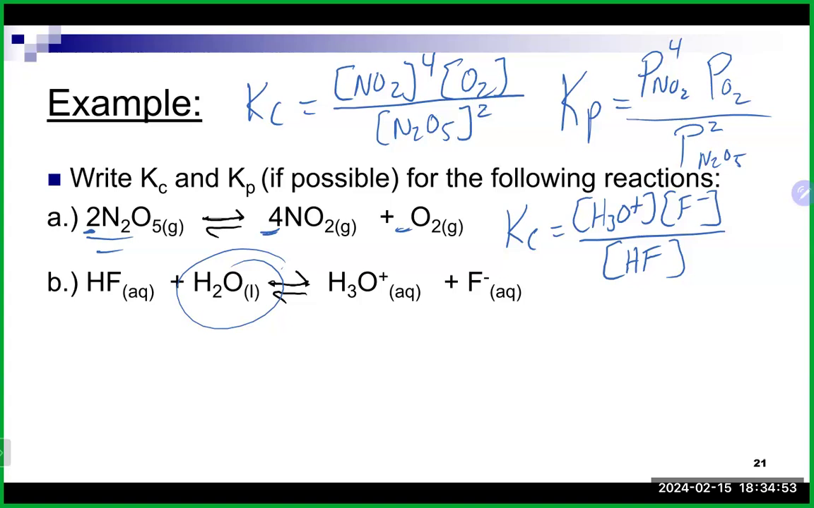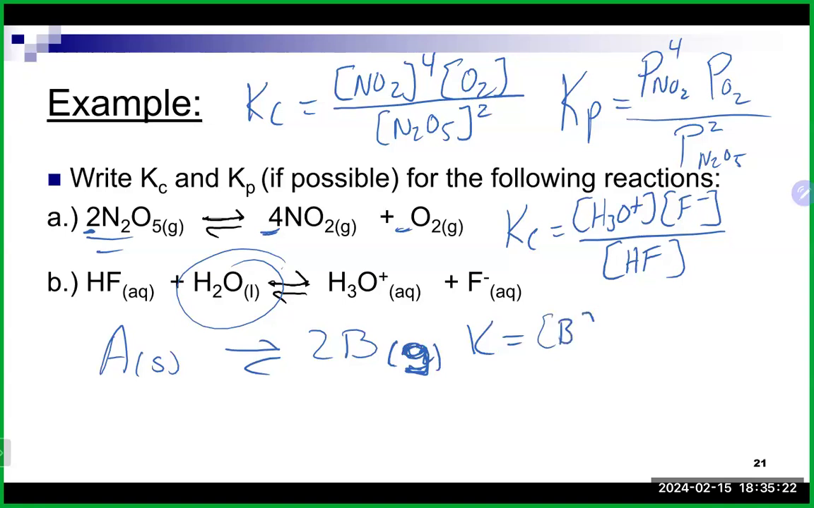What happens if I have something like this? We'll do this as a gas. That's a really bad G. Just imagine that's a G. What would be my equilibrium expression for this one? You actually could, because you do have products, right? So the K here would be the concentration of B squared, and that would be the Kc. You could also write a Kp for this, which would be